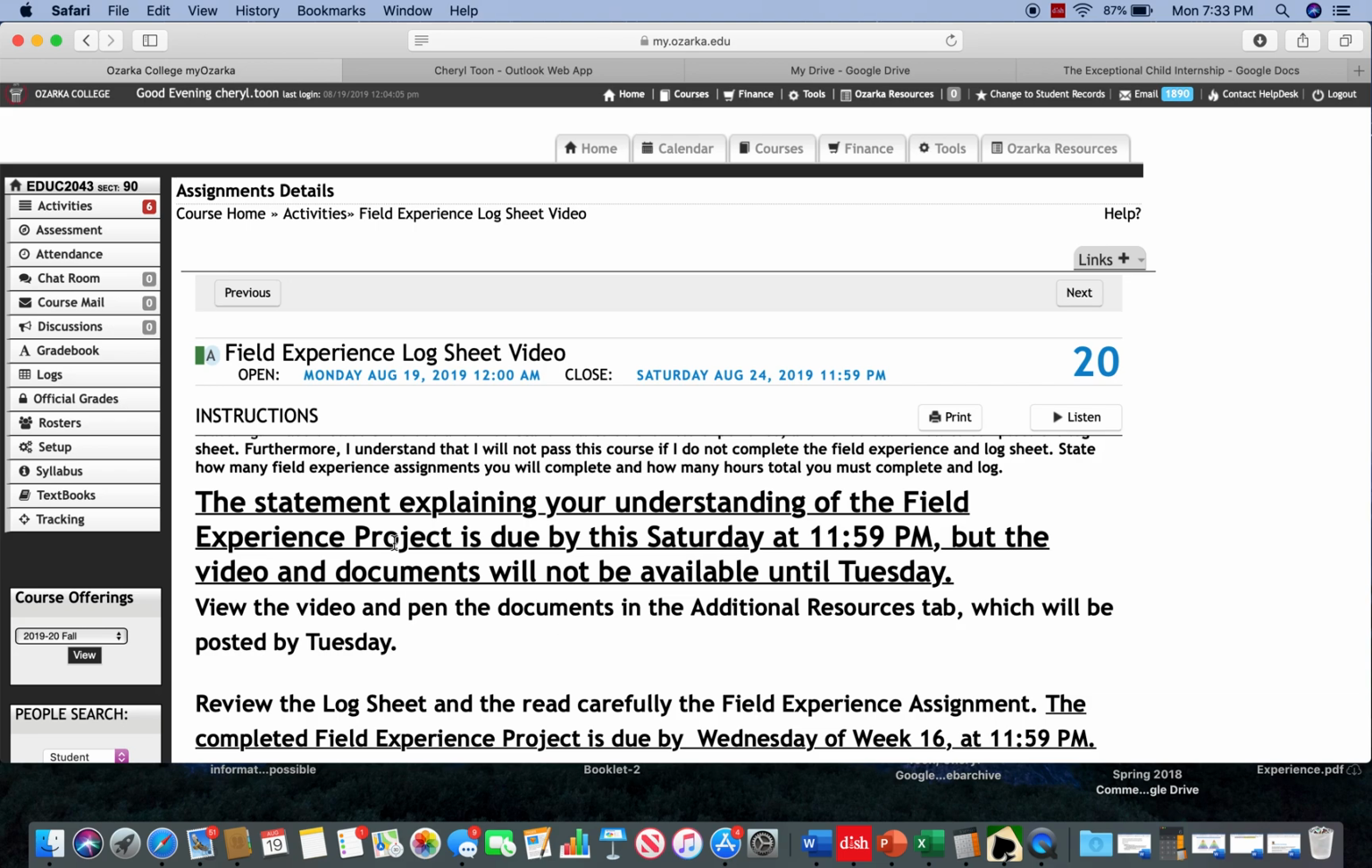This statement is due this Saturday by 11:59 p.m. and it is to be set up in MLA format. If you do not set this up in MLA format, I will take points off. You will only get half credit, 10 points out of 20. So MLA format on all Word documents that you submit,